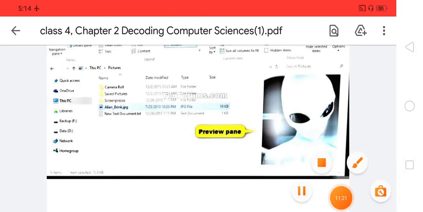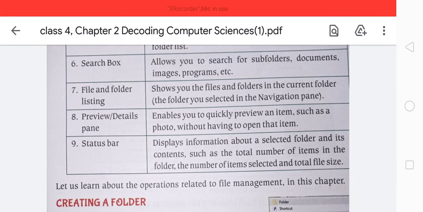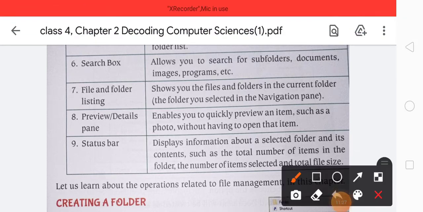Okay, then after that, the search box. It allows you to search for folders and documents, images and programs.